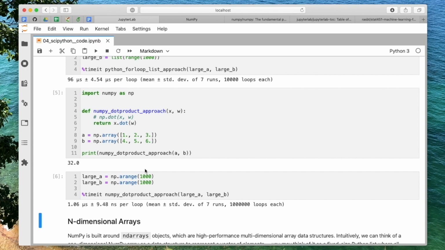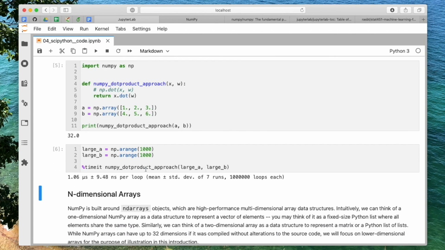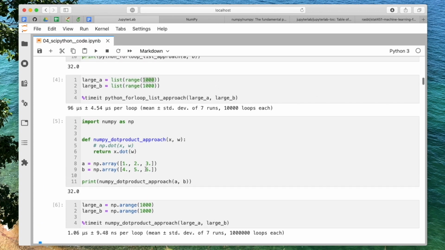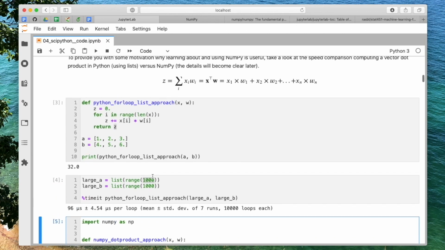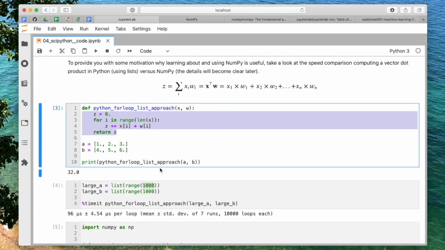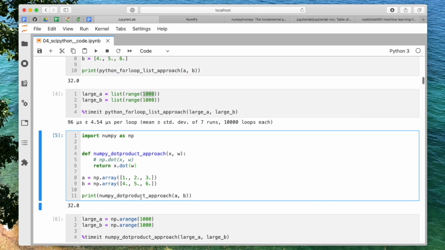This one, the dot product, was 100 times faster for the vector dot product, but I think for matrix multiplication it might be 1,000 or 10,000 times faster. Okay, so that was hopefully some motivation showing you why NumPy is cool. I mean, it's faster, like you've seen here, but also this one is way more concise, of course, than this one, right? So if you have a lot of code, it can actually improve the readability.